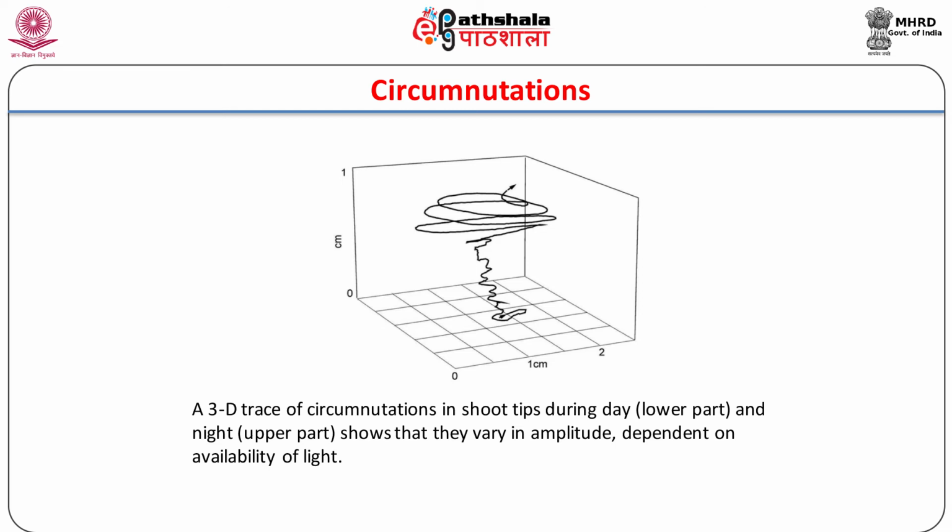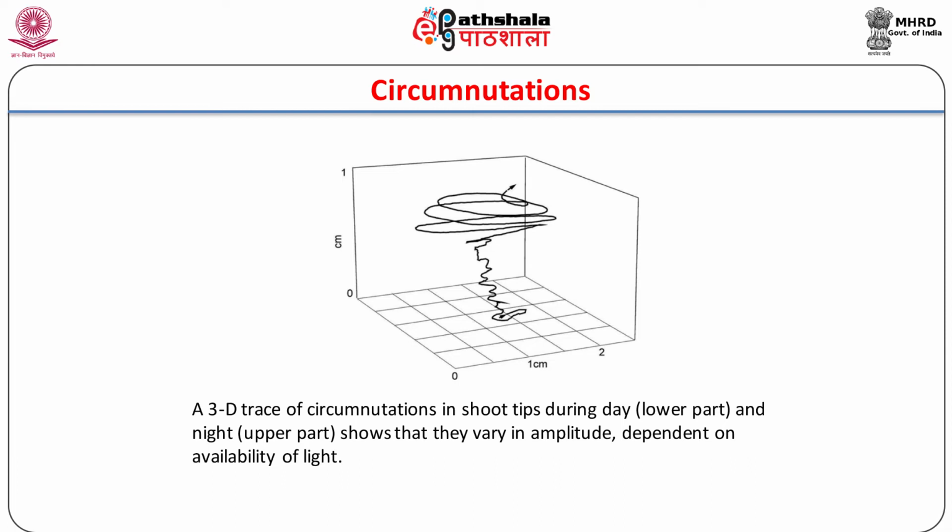The direction of circumnutation may also differ, sometimes even in the same plant. For example, in Arabidopsis seedlings, the short period nutations generally occur in a clockwise direction, while the long period nutations are counterclockwise. The change in direction of the circumnutation may be induced by stimuli like gravity or touch, or they may be spontaneous. Circumnutations may therefore be considered as an outcome of growth and intercellular communication, which are regulated by an oscillator.